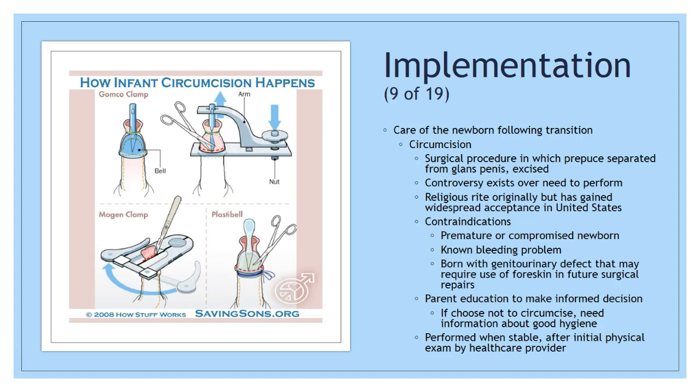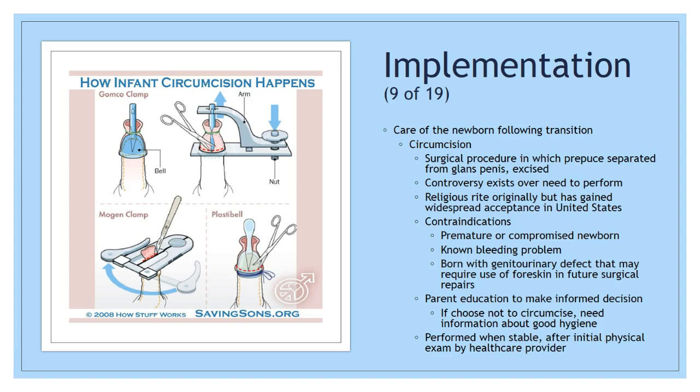It's a metal device, and that bell is used to separate the foreskin from the glands of the penis. It's placed over the glands, and the foreskin is pulled up over that bell. And then there is an arm that is attached around the foreskin of the penis. The bell protects the glands, and then an incision is made, and the foreskin is